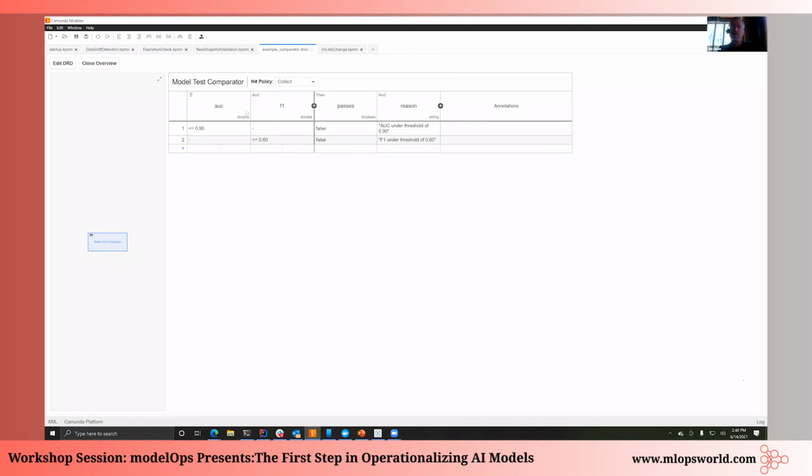We can utilize within these decision tables, and then you can specify thresholds. This one's really simple, but we can do Booleans, et cetera. We can do more fuzzy comparisons as well. We can even say, if the accuracy is greater than 99, we don't care. It always passes. We can indicate whether it passes or fails, and even provide a human reason as to why